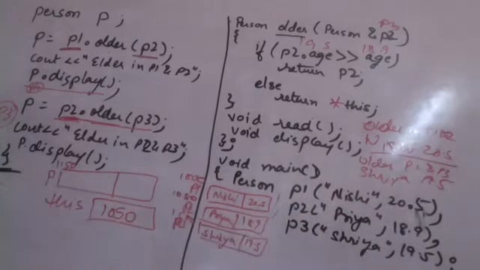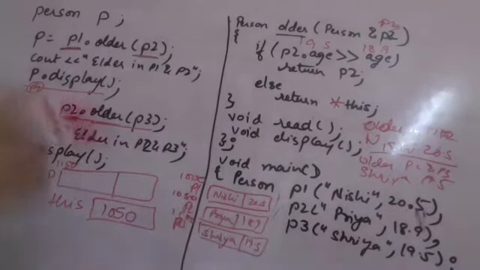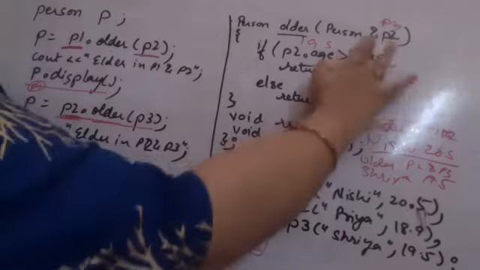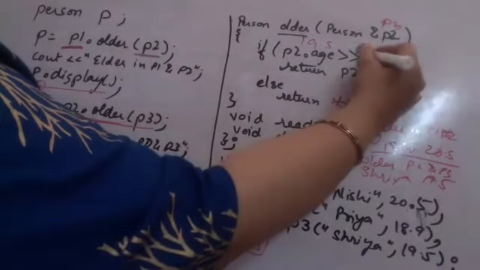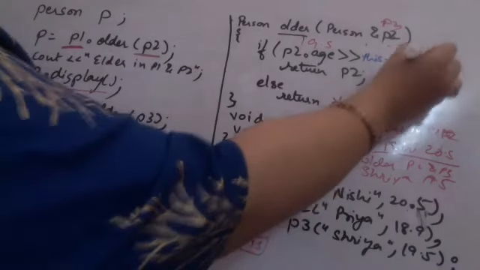So this is how you can use this pointer to refer to the object which has invoked a member function or the calling object of the member function. That is how this pointer works. And since it is a pointer, if you want to refer this age using this pointer, you will have to make sure that you write this arrow and then you are writing age. It is one and the same thing.